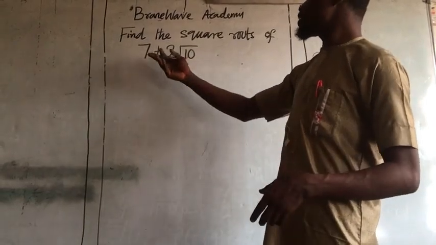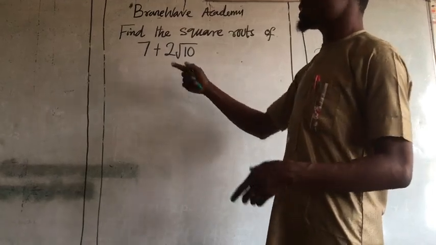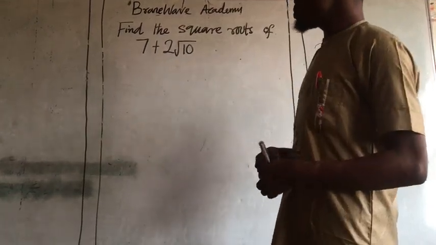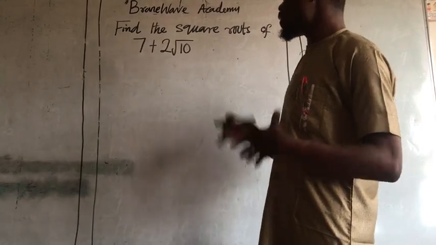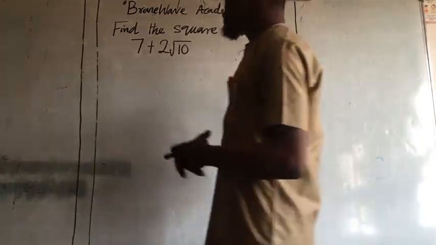The question says, find the square root of 7 plus 2 root 10. As we are in a why question, how can we solve it? What you are going to do is say